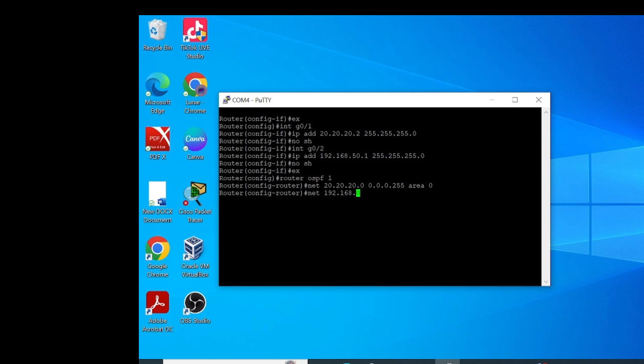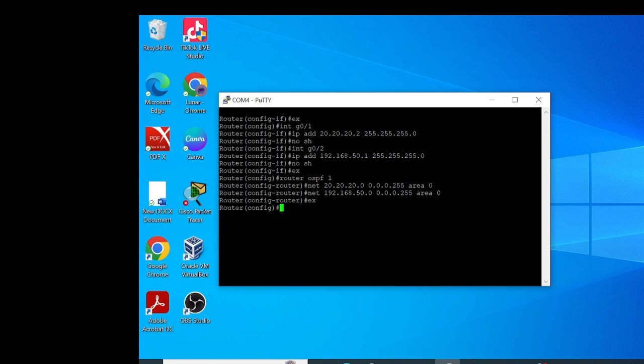You enter this configuration like this, and this is the same as the one above, but not the same IP address. And next, exit.